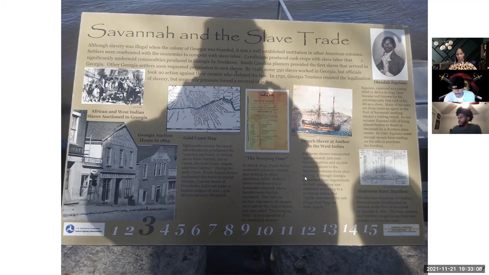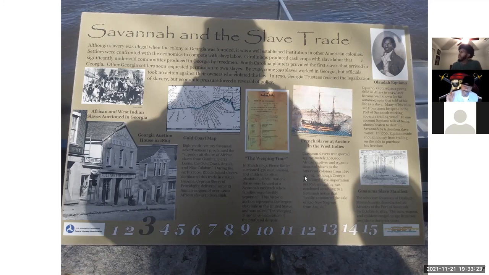Mm-hmm. If you subtract 1775 from 1619, that's 156 years. Correct. So if you want to do the math, if you divide 156 into 325,000, and you tell us the number you come up with, so we can know how many African slaves per year were brought over. And that was 156 years? Correct. Yeah, okay. So that's about